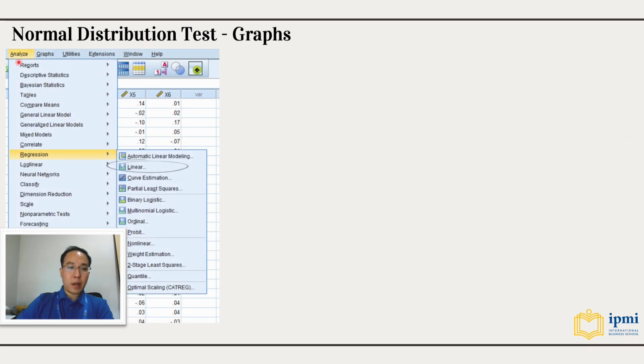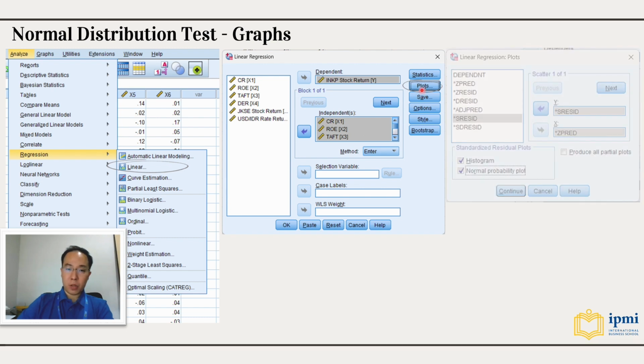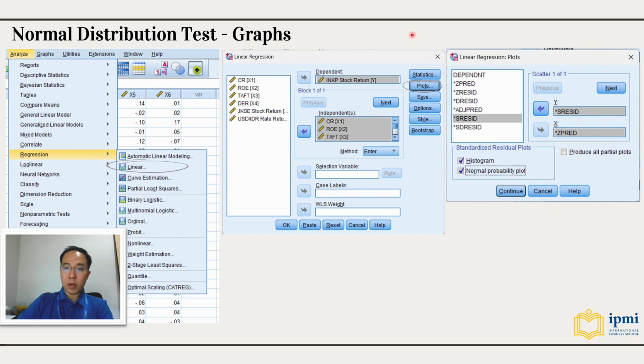Okay. In SPSS, you can click Analyze, go to Regression, and go to Linear. After that, a pop-up window appears. Put in the correct dependent, 1 dependent and 6 independents here, and then you can click Plots. Another pop-up window will appear, and for this pop-up window, ensure that you click the